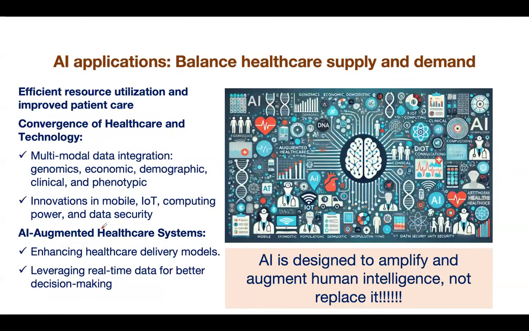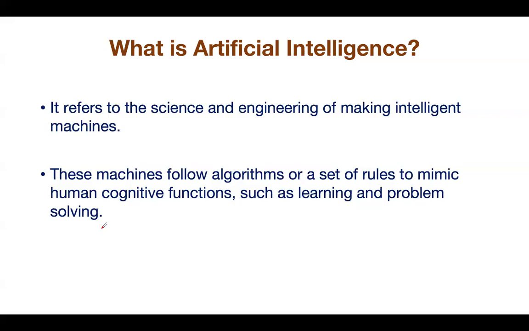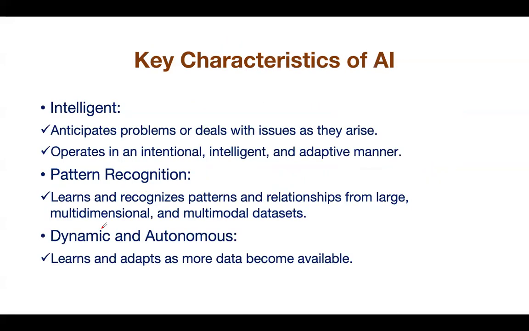We all understand artificial intelligence is designed to amplify. It augments human intelligence, not replace it. And there are different technologies. I think this need not be discussed. We already had a long discussion on what artificial intelligence is, but now we need to understand how we can use this artificial intelligence, which is obviously intelligent, can recognize patterns, and could be used as a dynamic autonomous